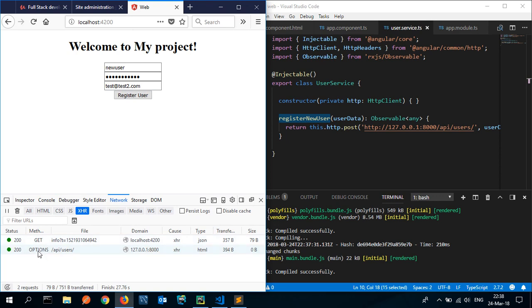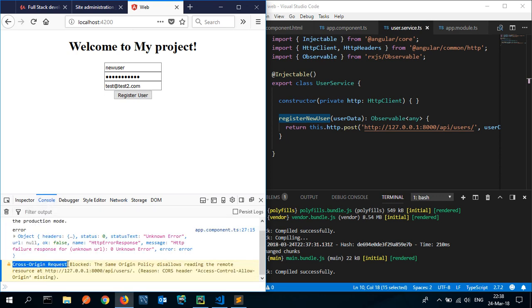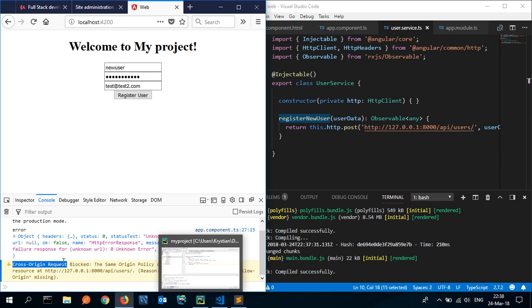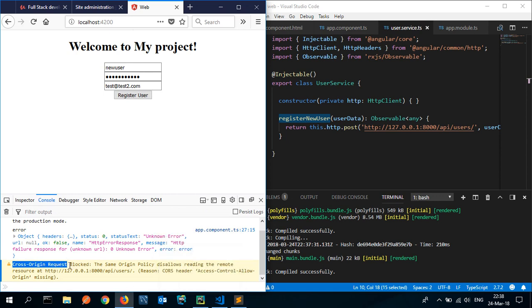So it's been stuck at the options here, so it's not actually doing the POST method. The reason for this is it complained about cross origin request blocked. For this reason, our API is complaining that someone tried to inject something in our database from a not trusted source. What we will need to do is tell a Django API that we would like to use